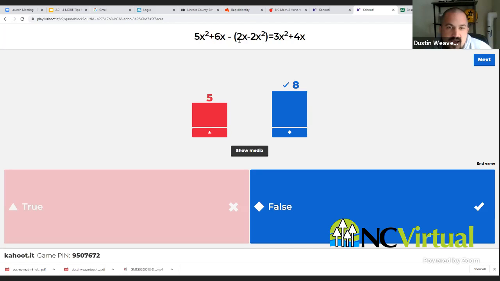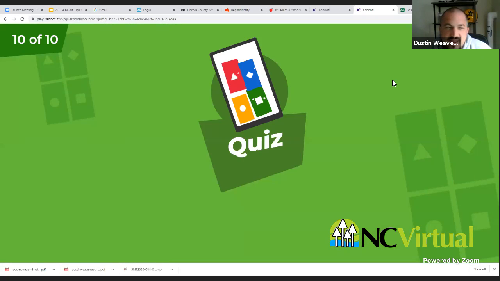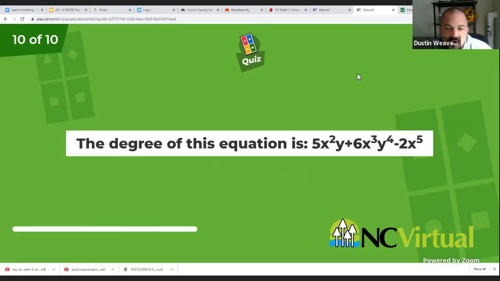So 5 minus negative 2 is 7. That would be 7x squared. And then 6x minus 2x would be 4x. So it should be 7x squared plus 4x. And lastly, the degree of this equation is